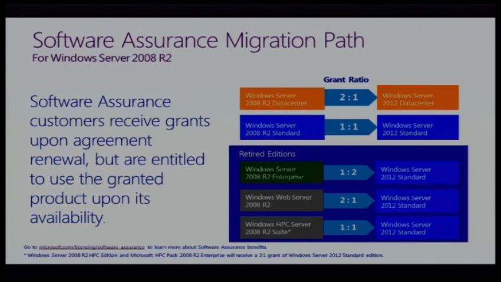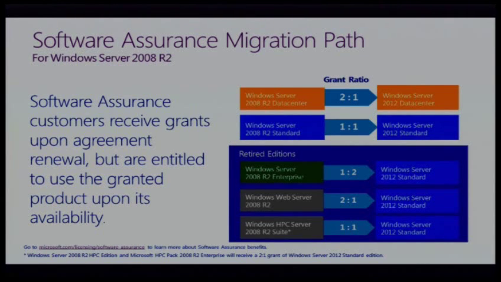You will notice that as part of our simplified model, some editions have been retired. For every 1 Enterprise license that a customer had with SA, they received 2 Standard Edition licenses, ensuring that they receive improved features while still having the 4 virtualization instances that they have today. For every 2 licenses of Web Server Edition a customer had, they received 1 license of Windows Server 2012 Standard. Since many customers are virtualizing web, they receive the same number of virtual instances, plus they now have access to all the product features and the ability to run more than just web workloads.